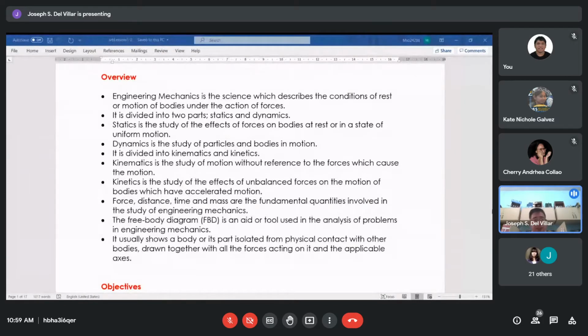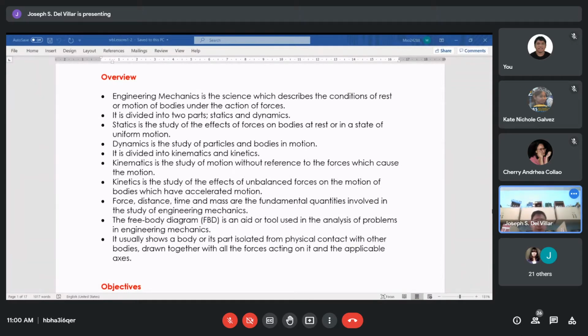Kinematics is the study of motion without reference to the forces which cause the motion. Kinetics, on the other hand, is the study of the effects of unbalanced forces on bodies which have accelerated motion. Now, there are four fundamental quantities involved in the study of engineering mechanics: force, distance, time, and